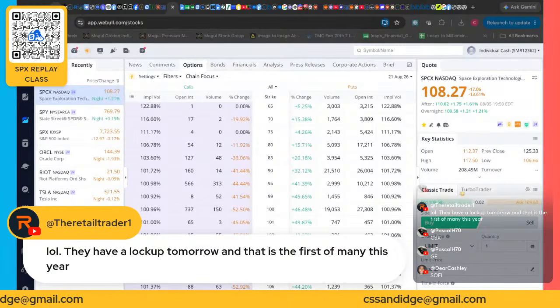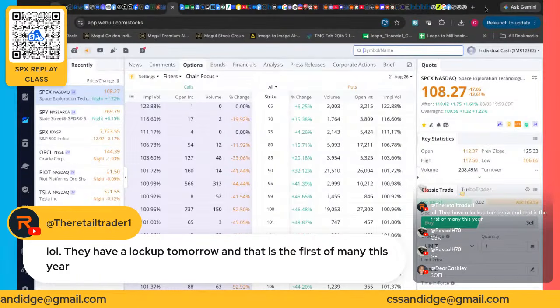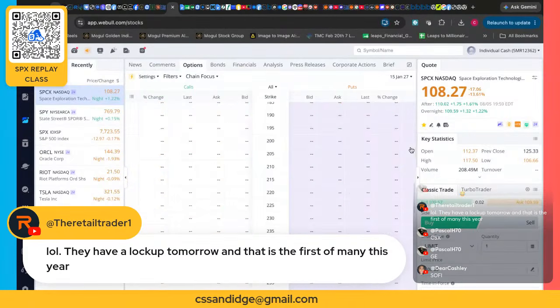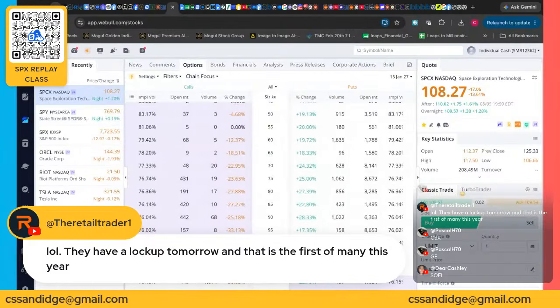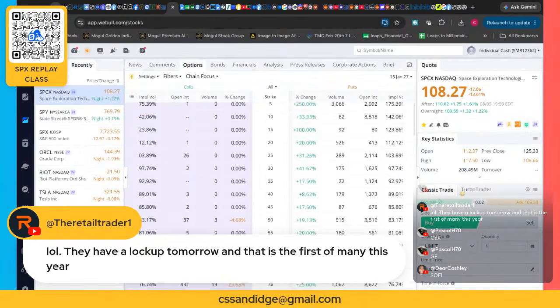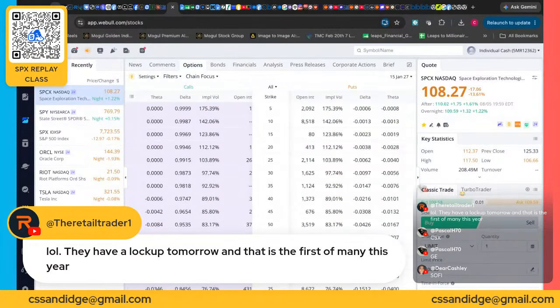They have lockup tomorrow, and that is the first meeting this year. Absolutely. Once they get there by the new year, let's actually look at the new year. Like, this thing is straight trash. This was the beholding of the bag holders. I even like that $5. I come out here and put $5 on a... I ain't gonna do that.